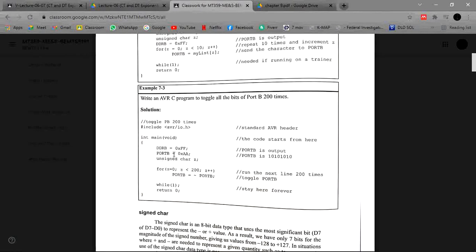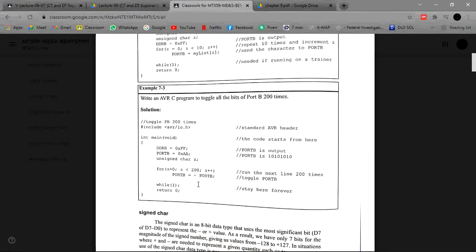After declaring 0xAA on port B and initializing the character Z, with the help of a for loop it repeats 200 times, meaning 0 to 199, with each increment. After each loop the port B data will toggle with the help of this NOT command.